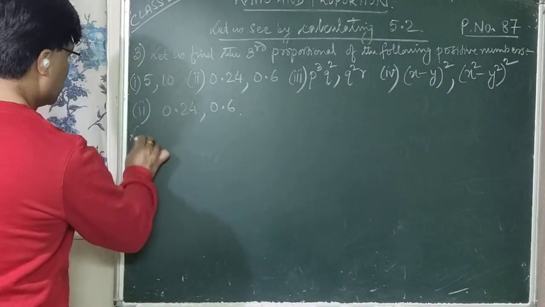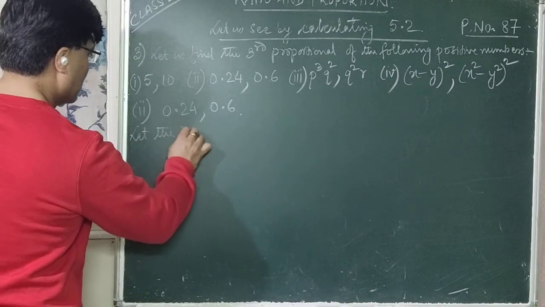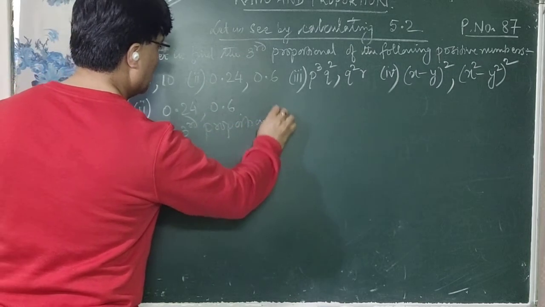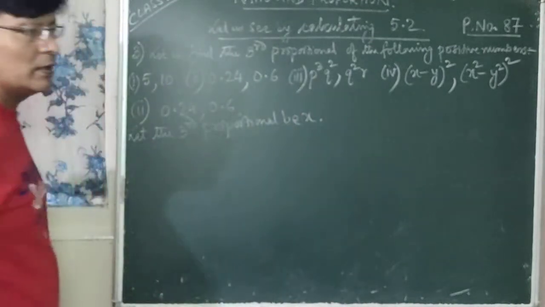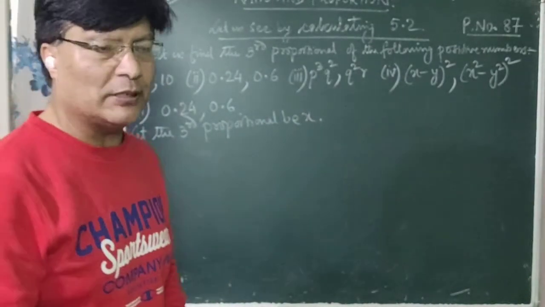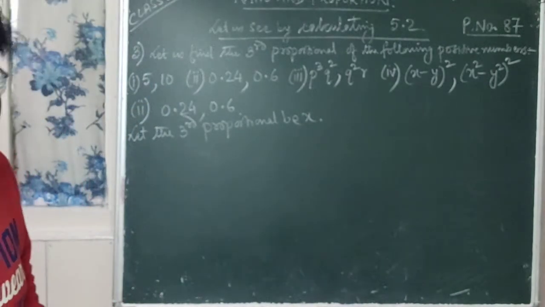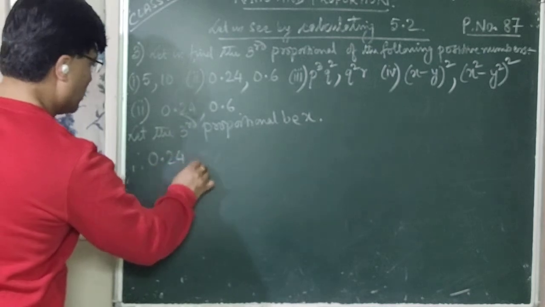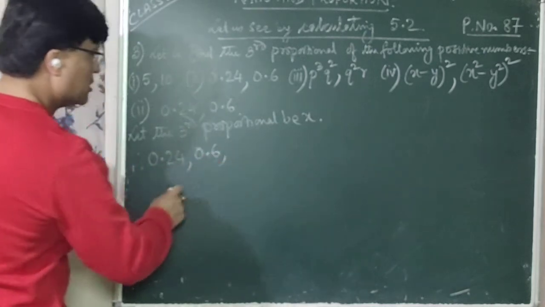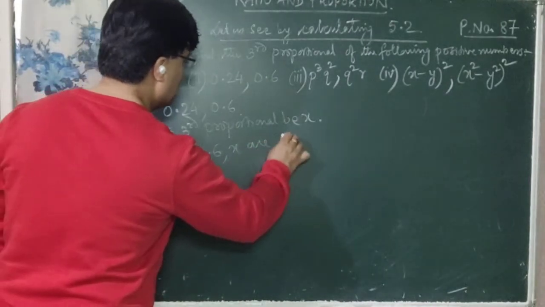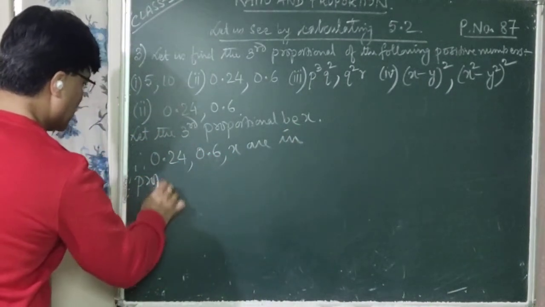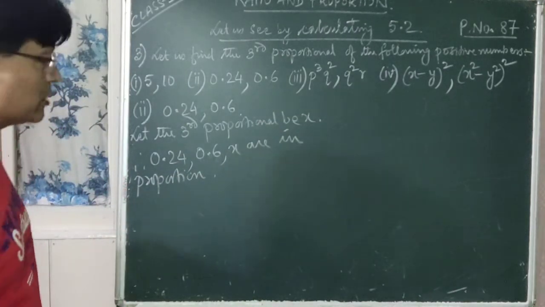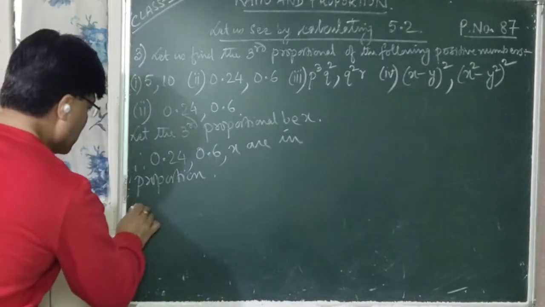Okay, so let the third proportional be X. So let us assume the third proportional as X. That means this is the third number. So therefore 0.24, comma, 0.6, comma, X are in proportion. Right? So these three numbers are in proportion. So how can you write it? So therefore